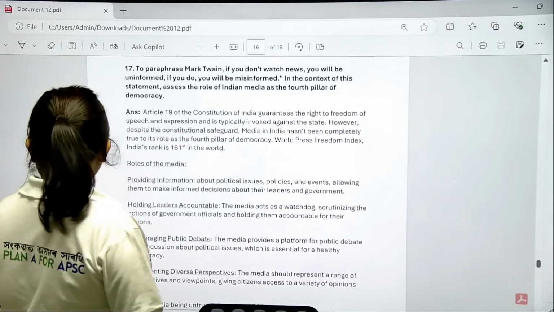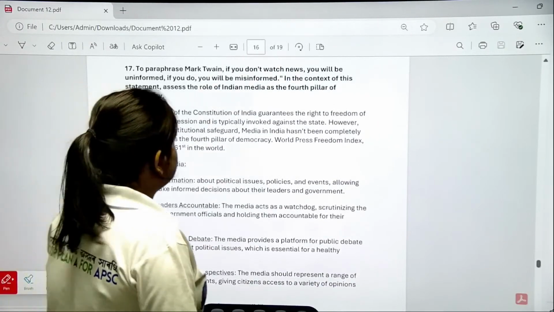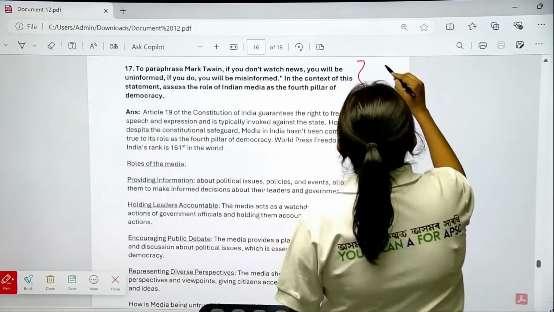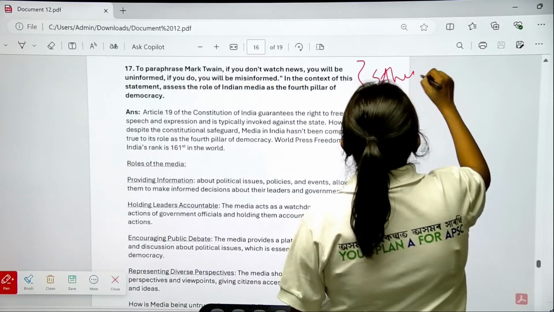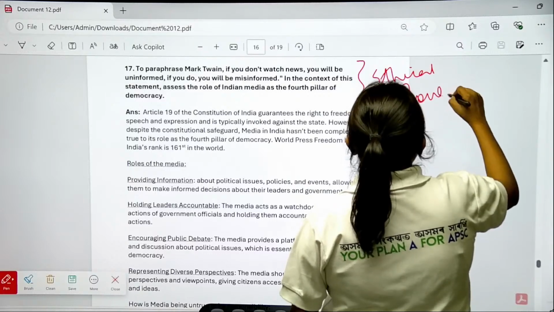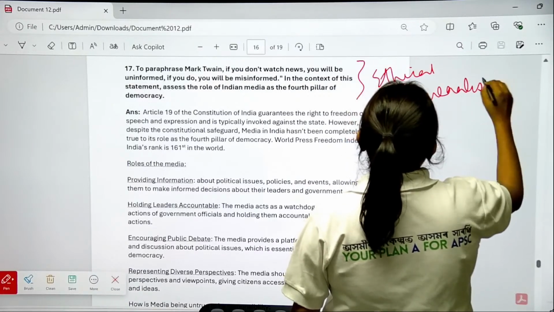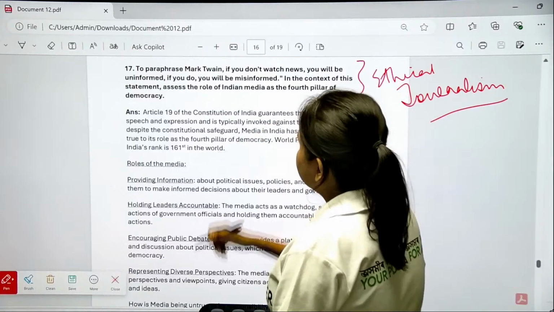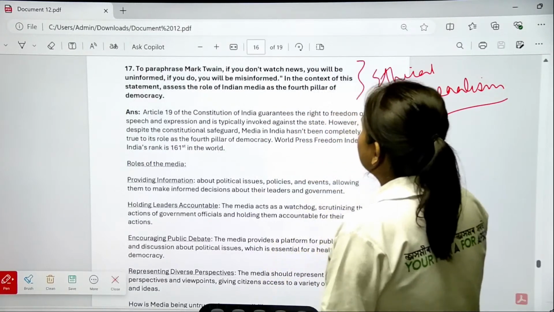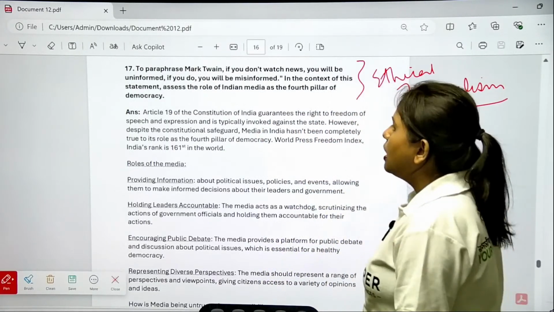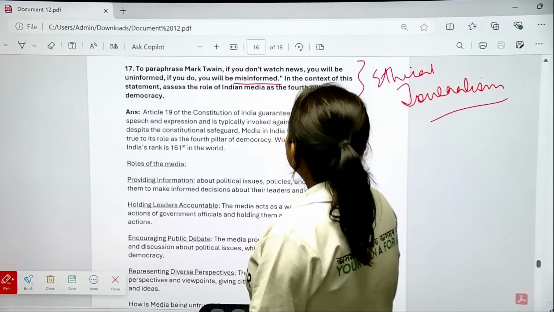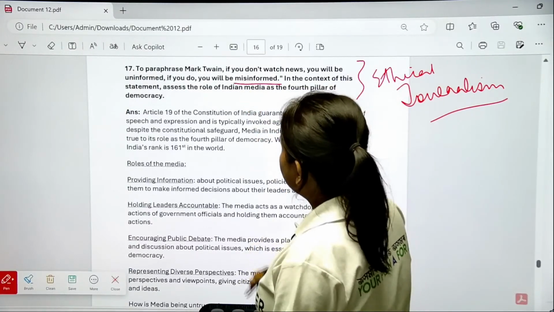We had asked this question in ethics. We had asked about ethical journalism, in the same line. So this is a question: to paraphrase Mark Twain, if you don't watch news you will be uninformed, if you do you will be misinformed. In the context of this statement, assess the role of Indian media as